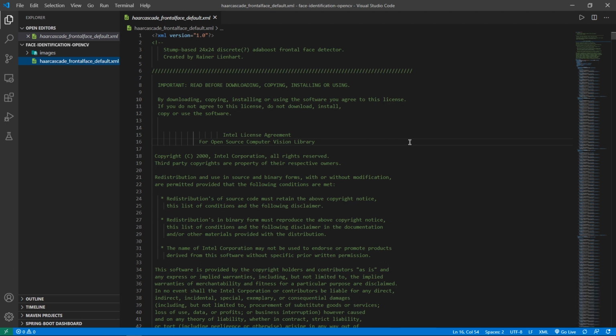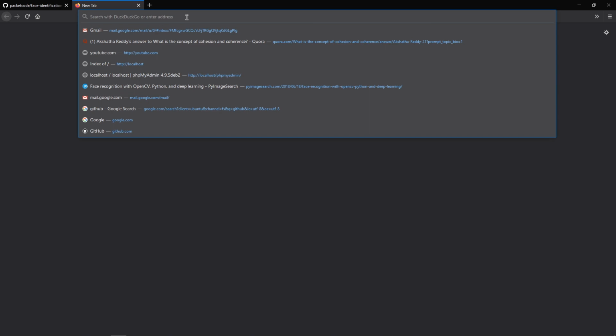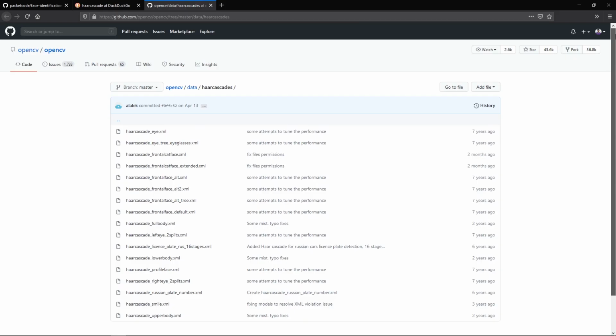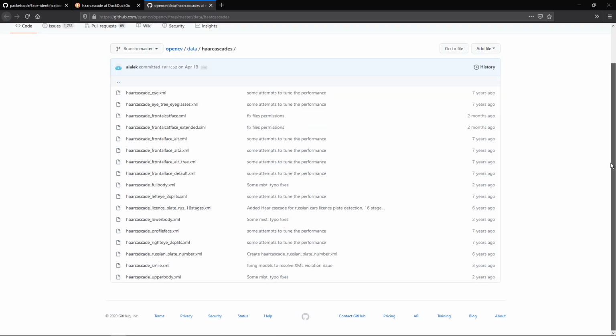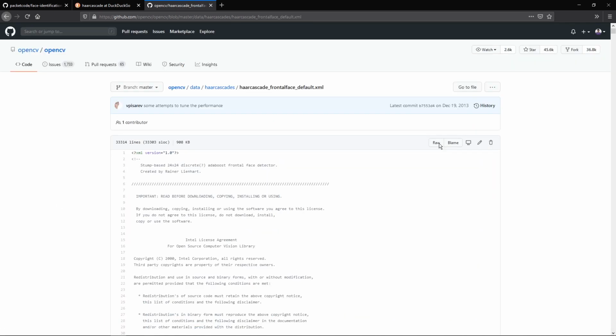So open your browser and type in Haar Cascade. Then go to the GitHub repository, and this repository is going to contain multiple Haar Cascade files. There's a Haar Cascade file for eyes, for nose, for smile and for emotions and everything like that. So you can get a particular Haar Cascade for a particular thing. For this video, we're going to use the Haar Cascade frontal face default. For the frontal face as well, we have multiple alternate versions, but I'm going to go with the default version. You can click on this and then click on RAW to open the RAW format.